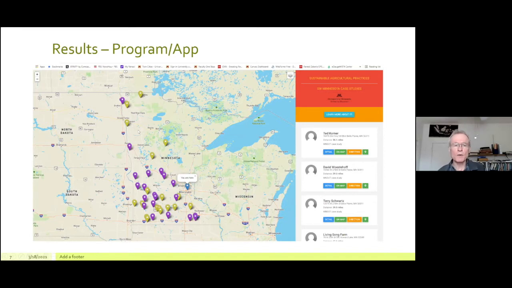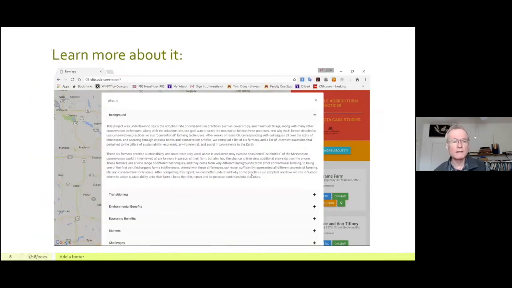So you would go in here and you can see the different markers. You can click on each marker, and that would bring up the different cases on the right-hand side here. So when you enter FarmMaps, it will have a marker where you're at, and then the first cases listed would be the ones that are closest to your location as you enter.